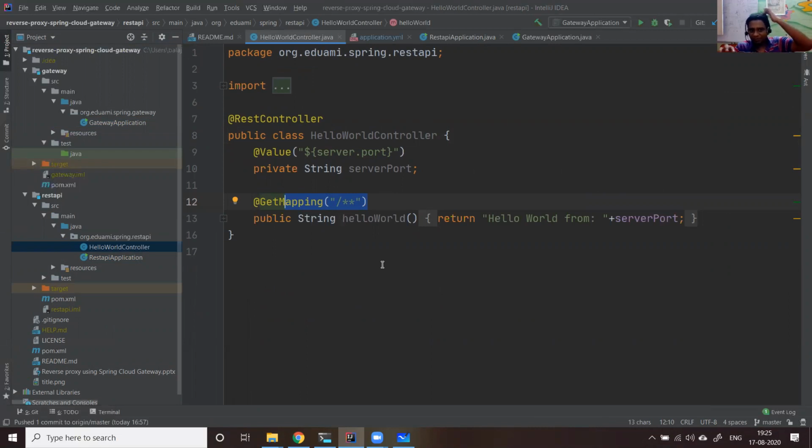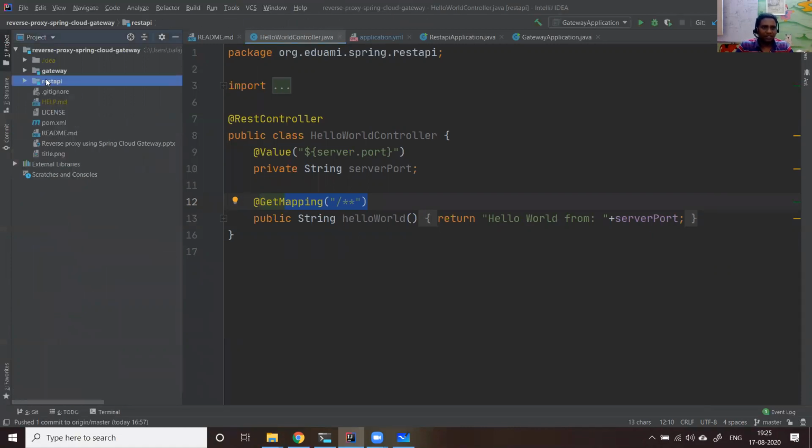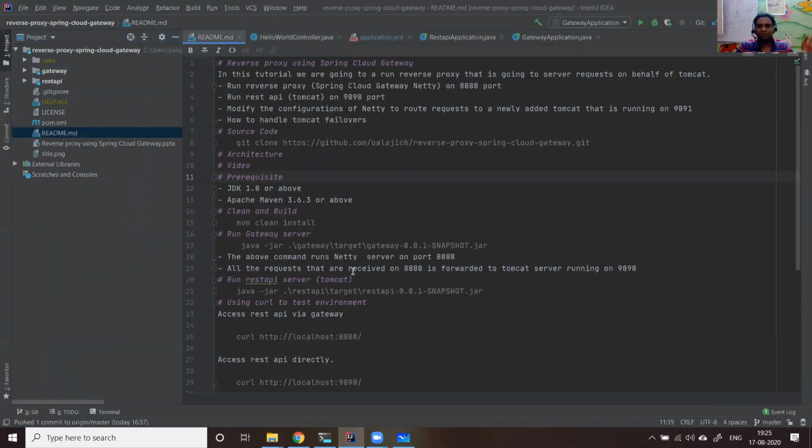So the purpose of this tutorial is to explain a simple configuration: how you can bring Netty in front of a Tomcat and do a reverse proxy, not to explain the complexity of REST API steps. REST you will understand easily. This entire code is organized into two things, gateway and REST, and the README has everything. You can download and play with the application.